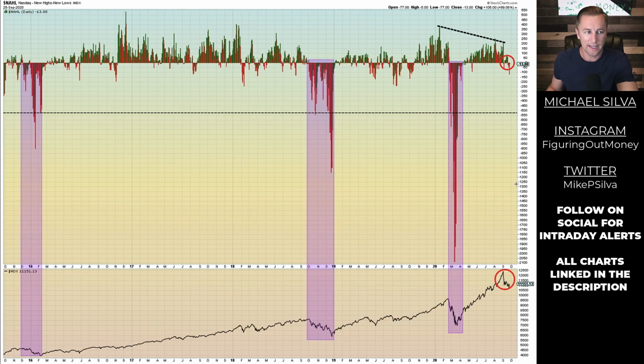This is the Nasdaq new high, new low chart, and we're talking about this as an indicator for panic selling. And this red circle here, actually these red bars were within it. Now we're starting to see little spikes below it. So that's interesting, that panic selling might be picking up just a little bit. And there's a little bit of a lag time, actually quite a bit of a lag time to all of this.